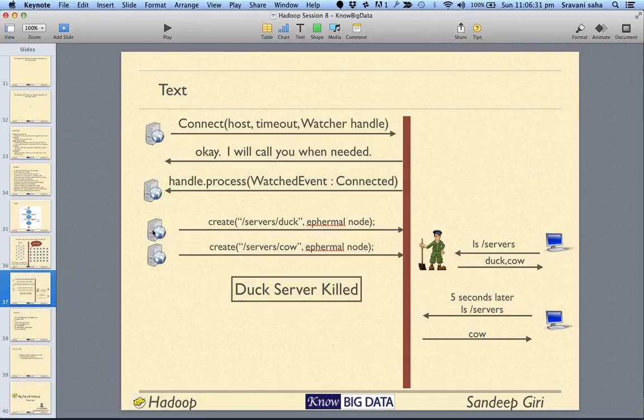Now after some time another node comes up. It creates its ephemeral node called duck, and another server comes up called cow. Now when the client comes up and says, give me the listing of servers, it will tell that duck and cow are available. After 5 seconds, let's say the duck server got down, which means this machine got down,